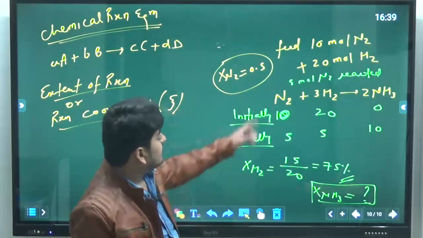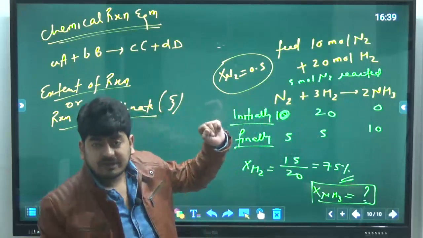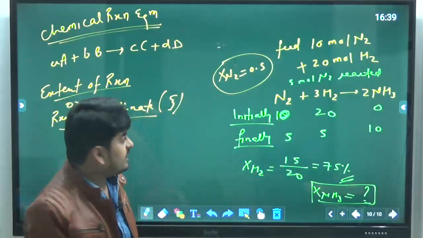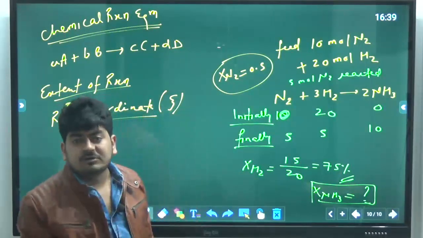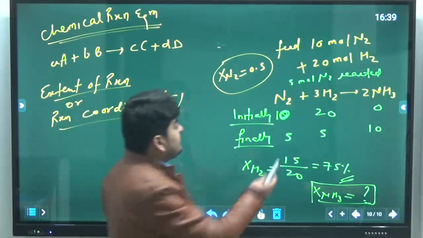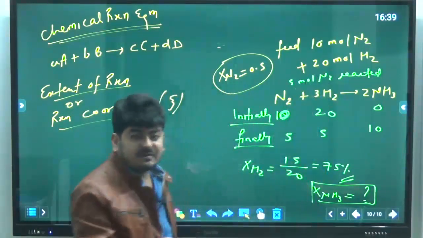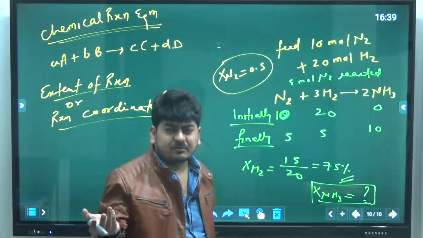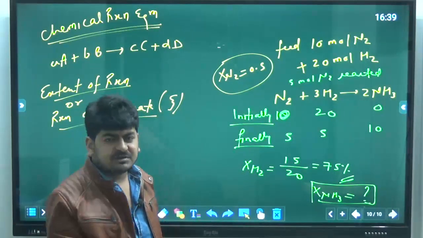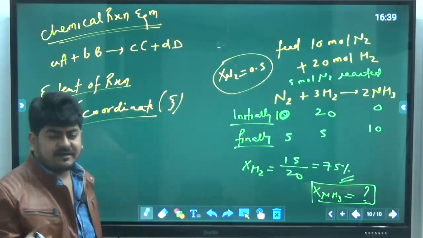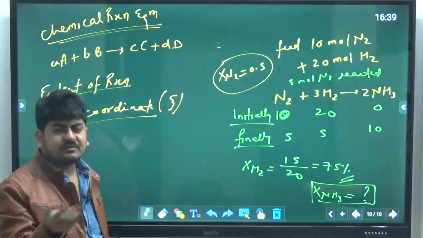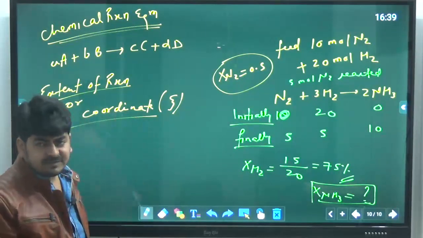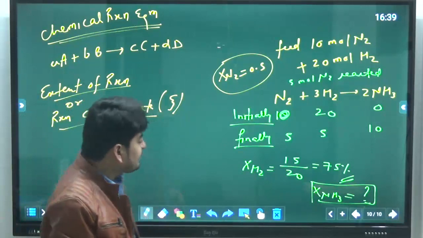Okay, and here we can see there are more than 2 reactants. Conversion could be the same, it could be different as well. If I make it 30 moles of hydrogen in the feed, then the conversion of both components will be the same. That I hope you know from process calculation. If feed is in stoichiometric proportion, then conversion for all the reactants will be the same, and if feed is not in stoichiometric proportion, then conversion for all the reactants will be different. So here, since feed was not in stoichiometric proportion, conversion was different.